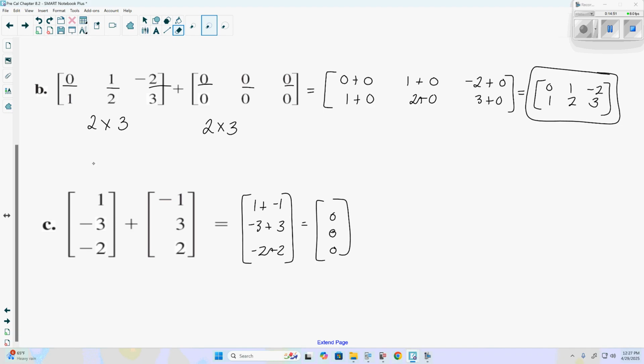And if we wanted to, we could call this matrix A and matrix B and plug these into the calculator, because the graphing calculator will let us do addition and subtraction with these. We just got to make sure the matrices are set up right. If they're not,